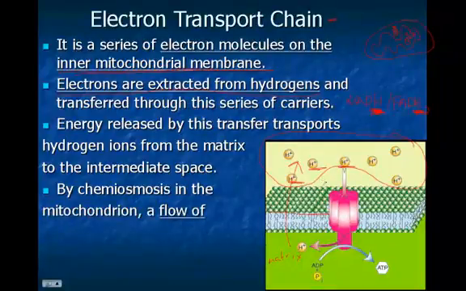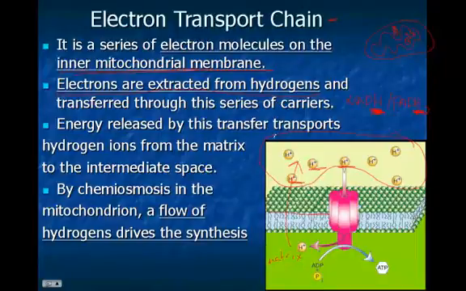And now we're going to use this gradient of hydrogen ions to actually drive the synthesis of ATP. So now these hydrogen ions are going to flow down their concentration gradient through